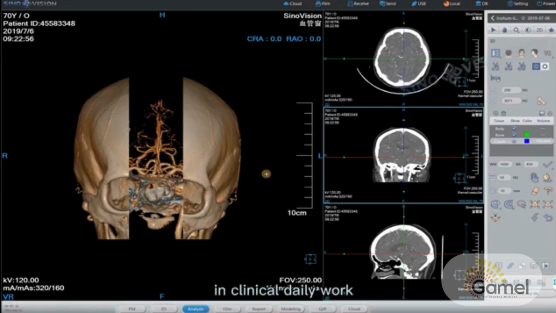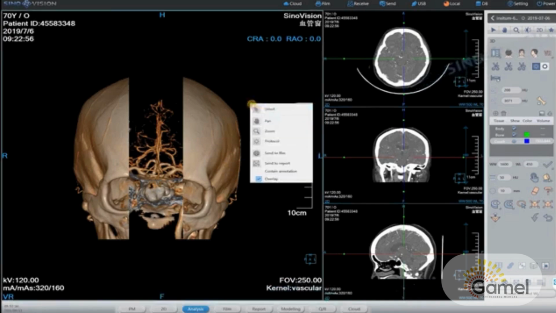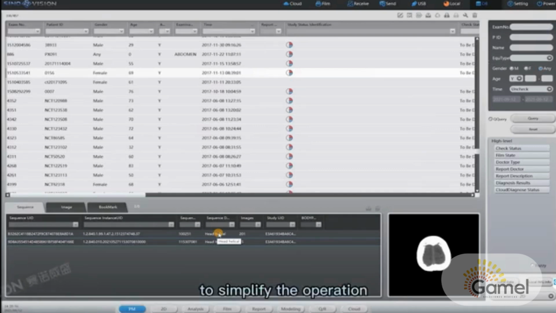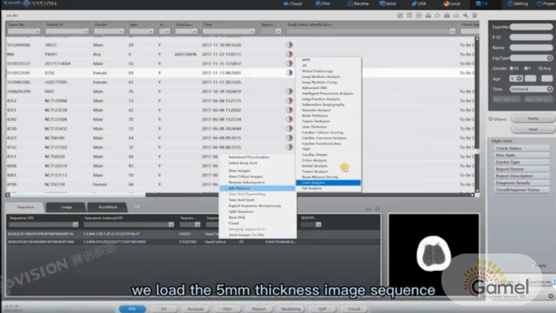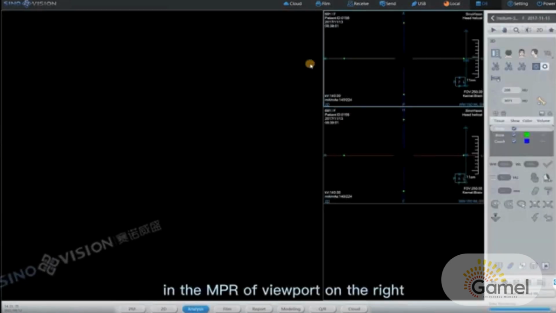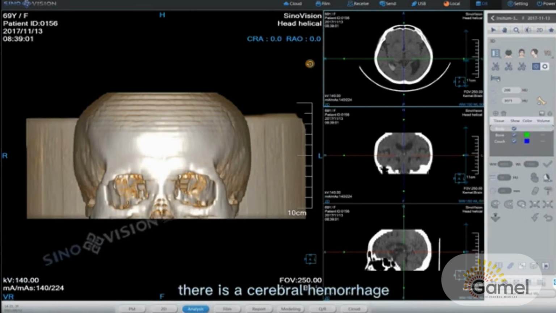In clinical daily work, we often need to measure the volume of cerebral hemorrhage. The 3D plug-in can quantify the amount of cerebral hemorrhage. Let me demonstrate the operation process. First, we select the patient in the patient management interface. To simplify the operation, we load the 5 mm thickness image sequence into the 3D plug-in. In the MPA viewport on the right, we find the relevant layer where there is a cerebral hemorrhage, and then